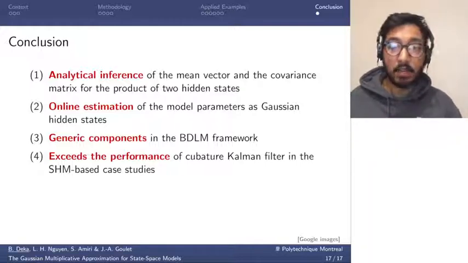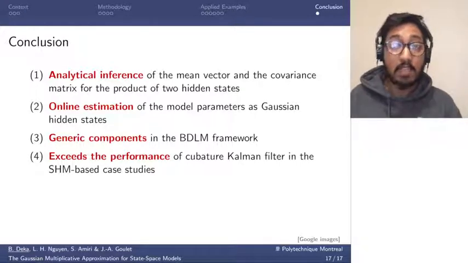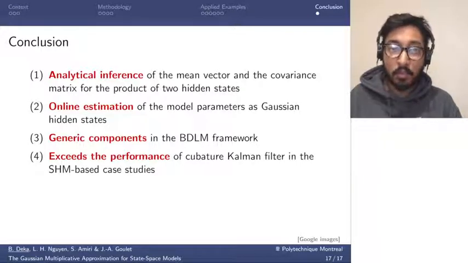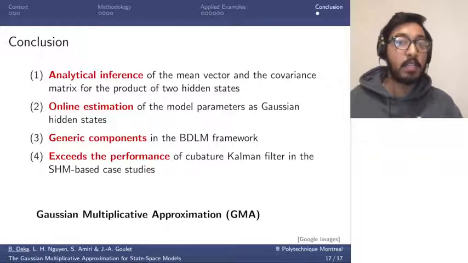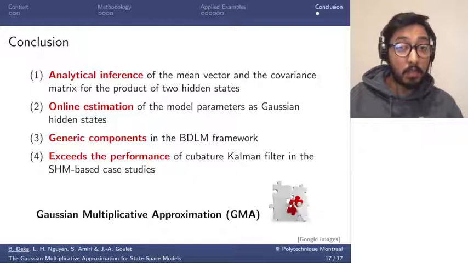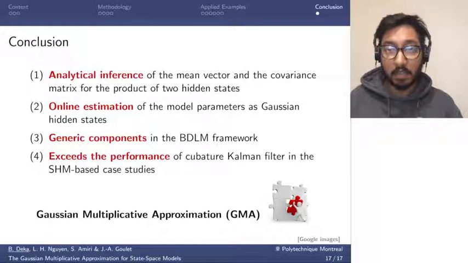And the details regarding the state estimation as well as other results are provided in the paper, and also the proof for the GMA, and the equations using both moment generating function and Taylor series expansion are provided in the appendix section of the paper if you want to have a detailed look. Finally, Gaussian Multiplicative Approximation or GMA is a missing piece to the puzzle of analytical tractability for multiplicative state space